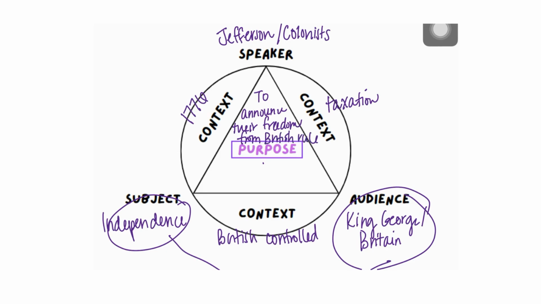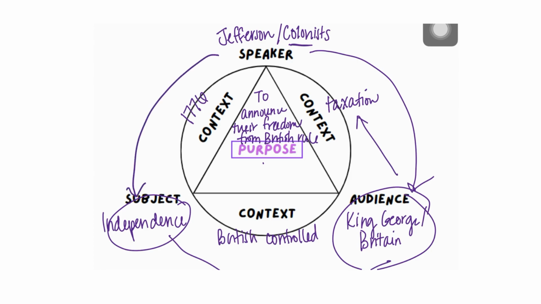Now, this one might seem easy because we know what the purpose of the Declaration of Independence was, I hope. But how I did that is I have who the British-controlled colonists are talking to, their, I guess you could say, their oppressors or the people that are controlling them, and they're frustrated about taxation. So clearly, they want to change. Their argument is about independence from that British control. So naturally, the purpose is to sever or to announce that that control no longer exists.